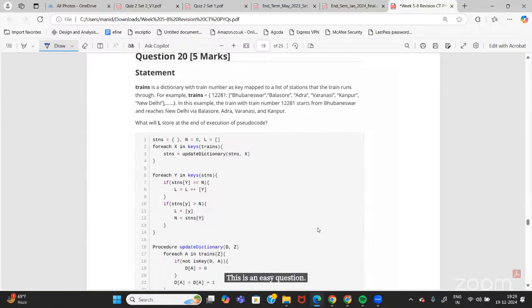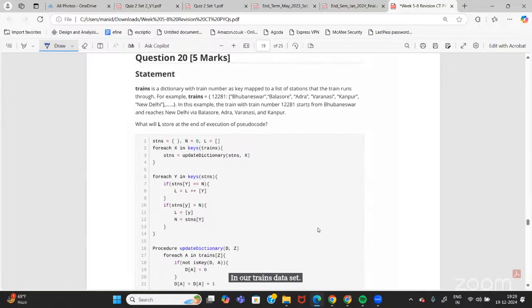Okay, now trains dataset. So trains is a dictionary with train number as key. This question, look carefully. So trains is a dictionary. In this, we have train numbers as the key, like in this case, an example is given: